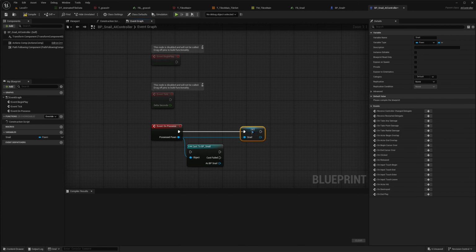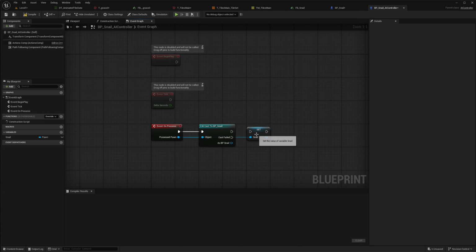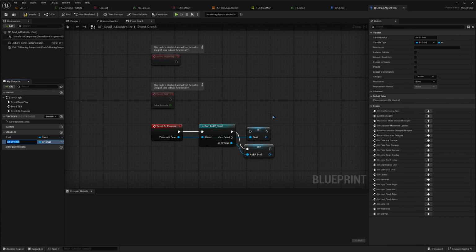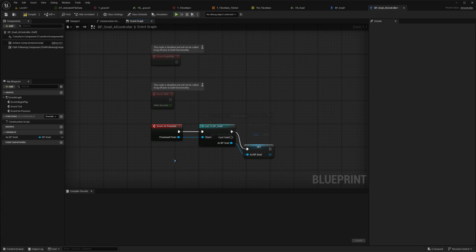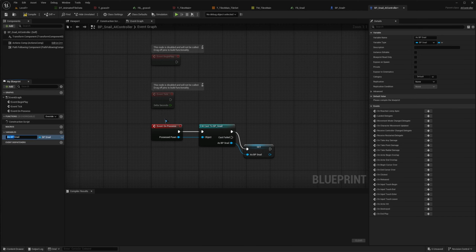So this will actually give us what we want. Here we have, get rid of this one, it's just a pawn, but we actually want the snail itself